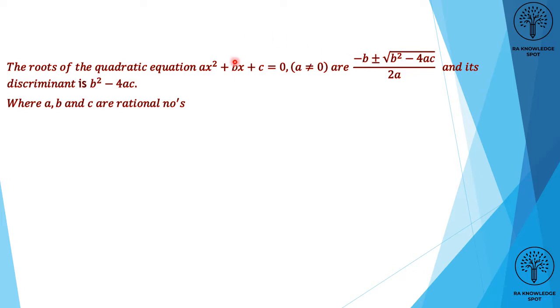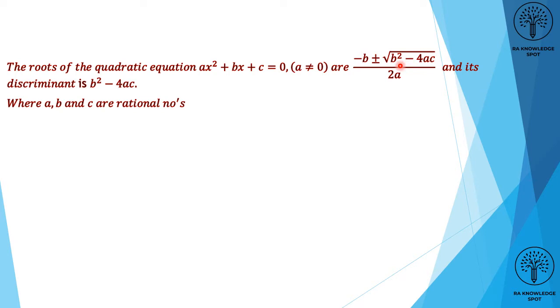The roots of the quadratic equation: you know this is the quadratic equation in standard form, and this is the roots of this equation. We solved this in chapter number 1, with the help of completing the square, and found the roots, the solution of this equation. Now the number or the expression that is written under the square root is called the discriminant. Listen again: the number or the expression written under the square root is the discriminant. We call it the disc, and we have to discuss the disc